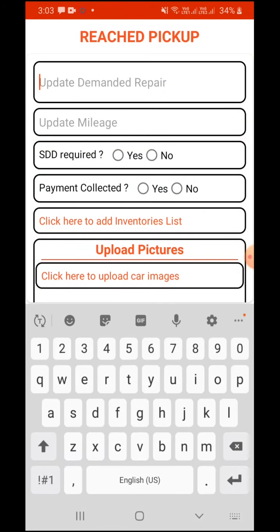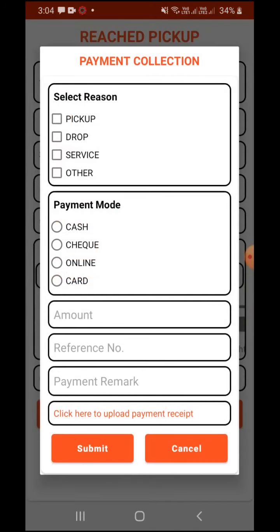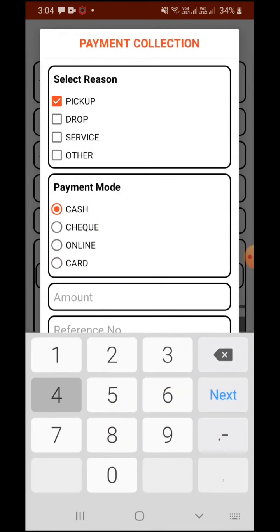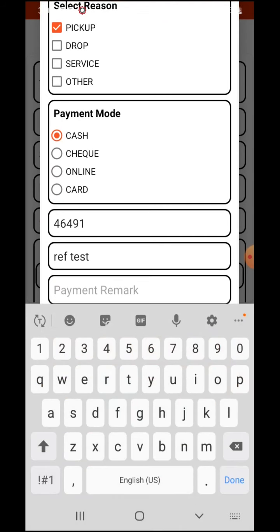I'll have to enter these many fields here: update, demanded, repair. So let's assume that the customer says that at the front there is a dent, and I can update the mileage here. And SDD, same day delivery required, yes. Payment is collected for this customer, yes. And I have to just enter the amount and go with the referral number as test, and I just give it as test